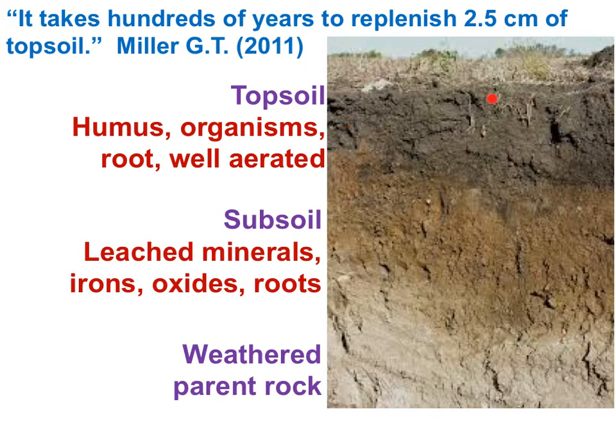Topsoil is composed of decomposing organic matter called humus, as well as organisms, along with air and roots. Now, the subsoil is composed of minerals mostly, and weathered parent rock lies below the subsoil. The topsoil, the A horizon, is well aerated because of the activity of living organisms, particularly worms, and the presence of plant roots. The living component of soil is called biota.